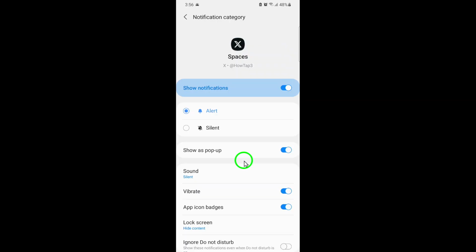To recap quickly, go to Settings, then Apps, select X app, open Notifications, choose Notification Categories, tap Spaces, and toggle on Vibrate. With just these few steps, you now have a more reliable way to stay on top of the